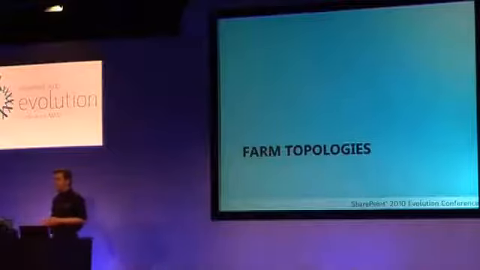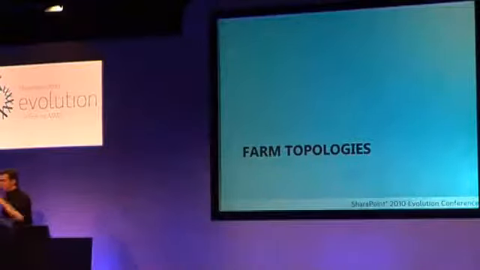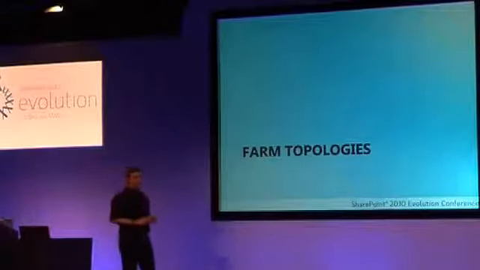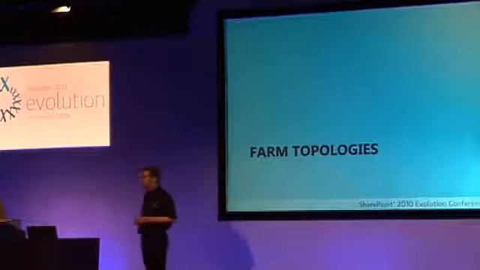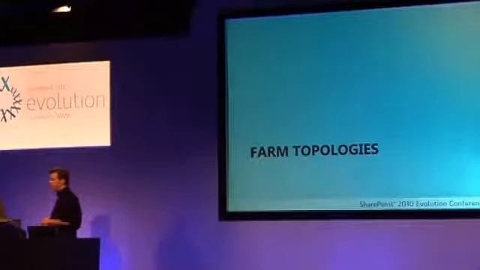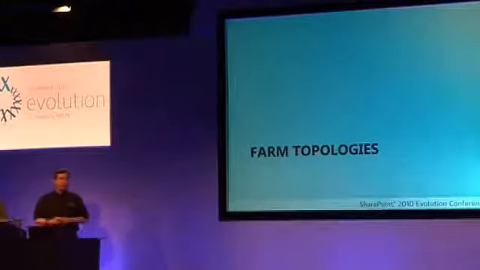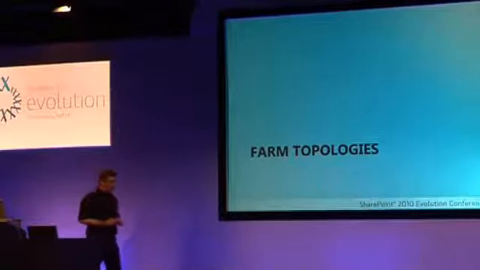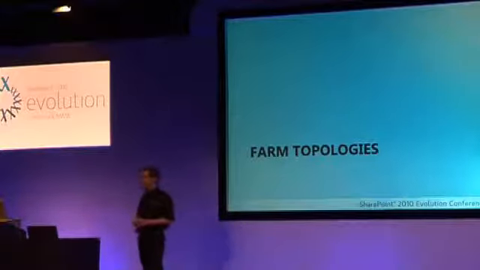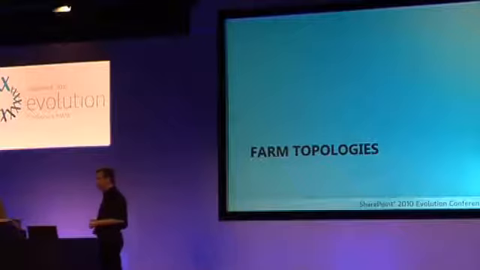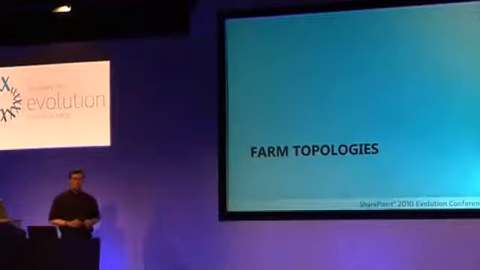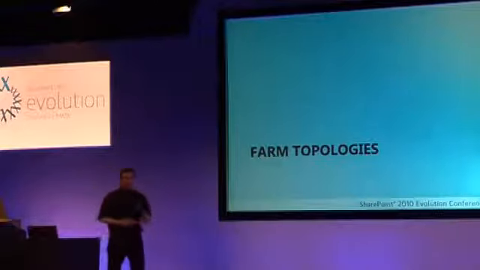So the first area is around farm topologies. In SharePoint 2007, there was a lot of confusion around topologies. The documentation on launch wasn't particularly clear. There was a lot of misconceptions in this space. And as you've probably gathered from the rest of the content earlier in the week, SharePoint 2010 gives us a significantly wider scope for our topologies. We can have much more complex topologies. We have much more flexibility, and that's a good thing, but it's also a bad thing because it's more to think about, it's more to explain to your customers, and so on and so forth.